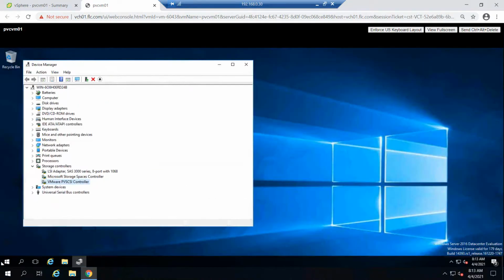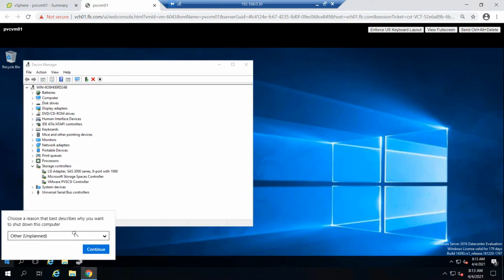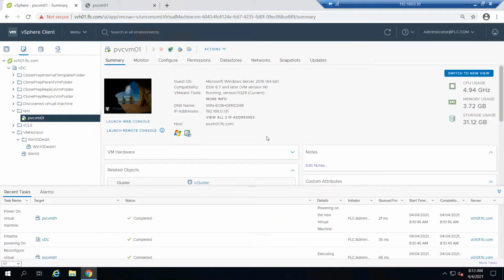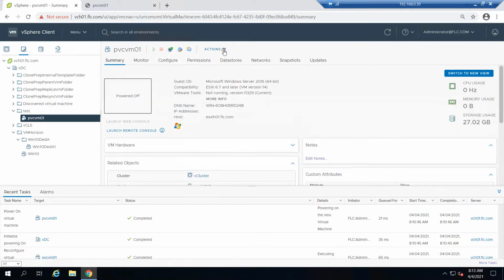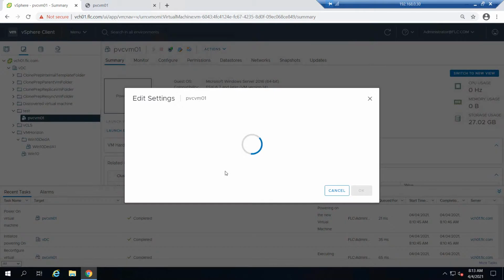So turn off the server again, shut down. Server is down now, so go ahead and change the existing drives to paravirtual.